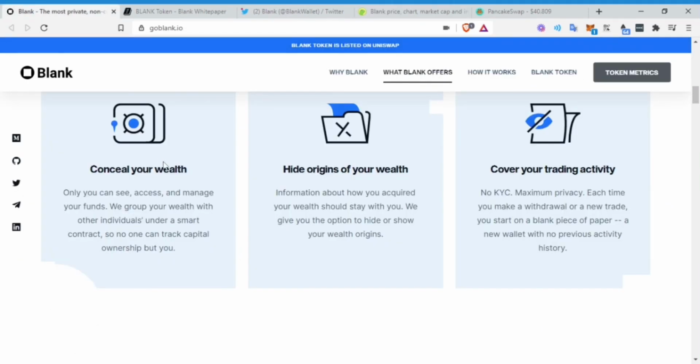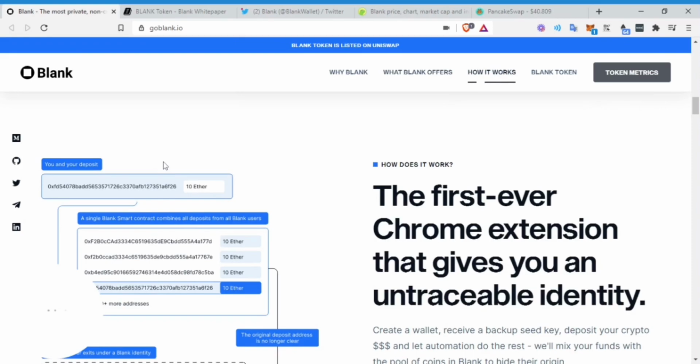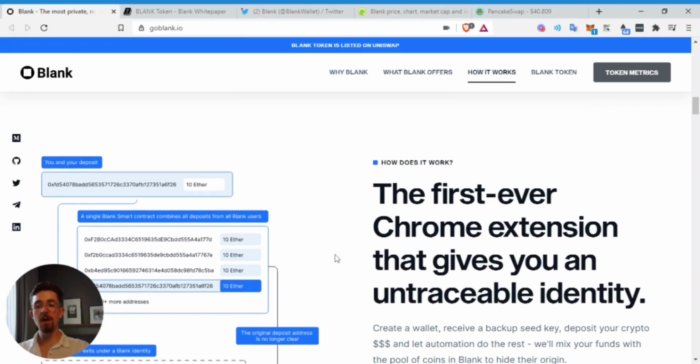It does make sense in my opinion because they haven't fully rolled out the actual Blank wallet, but hopefully the team will accept my application for